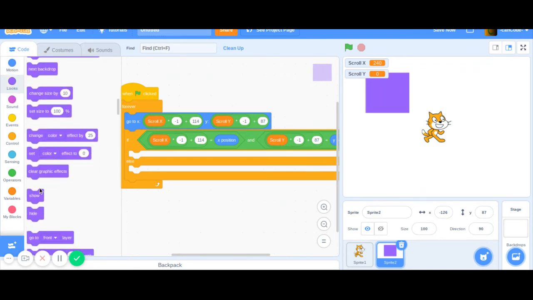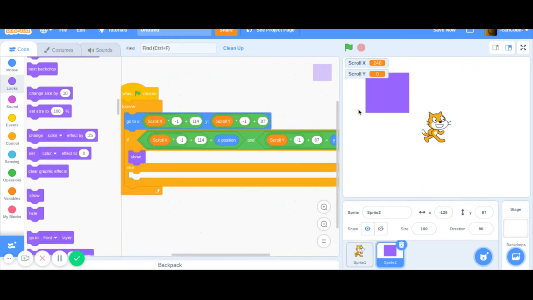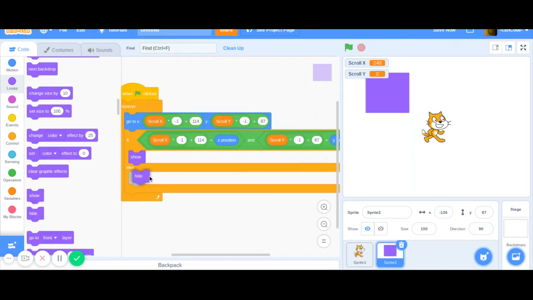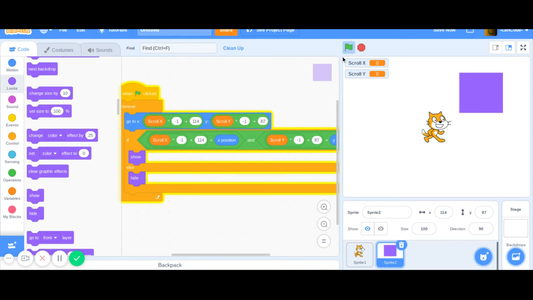But if I'm not there, I'm actually on the edge, and I'm just not supposed to be there. I'm supposed to be way past it. Then it should hide. So if we start this, we move, and the box is kind of going around, and once it gets to the edge, it disappears. It kind of disappears a little bit, so it's not super clean, but it's much better than other things